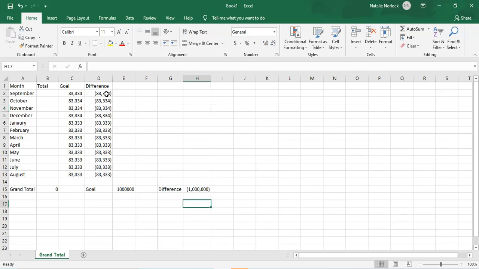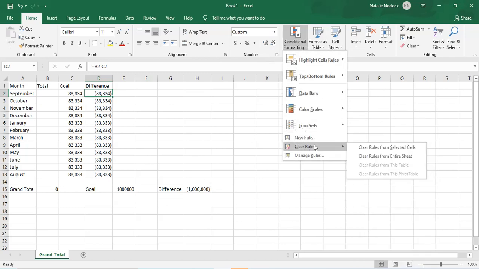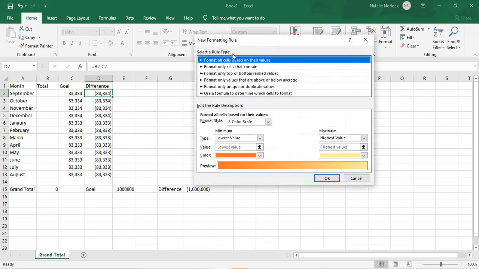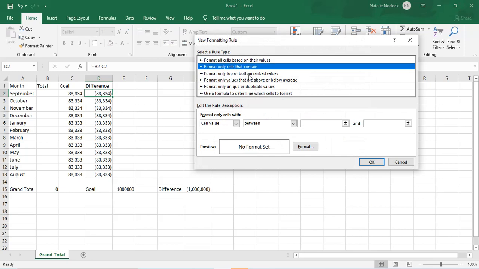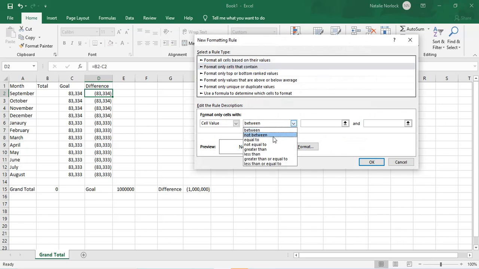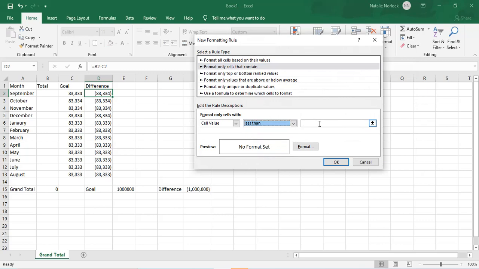Now here's the other thing. Conditional formatting. I want this so at a quick glance I can see how I'm doing. I want the difference cells to be red if I'm under 0, or green if I'm 0 or over, not older. I'm getting older. Alright, so to do this, I'm going to click on this difference cell, click New Rule, and I'm going to click the second option, Format Cells that contain, and I'm going to say contain less than 0,